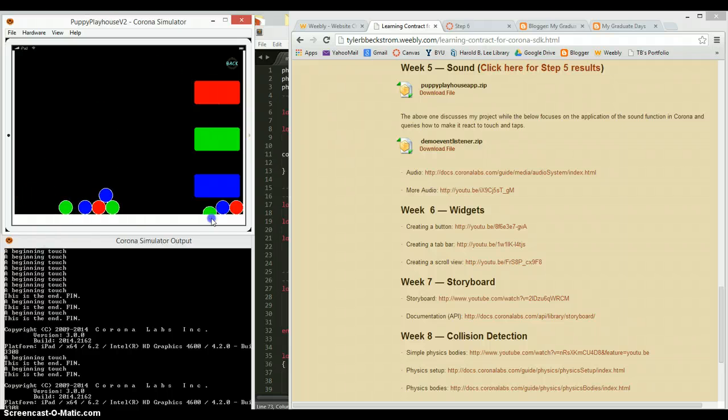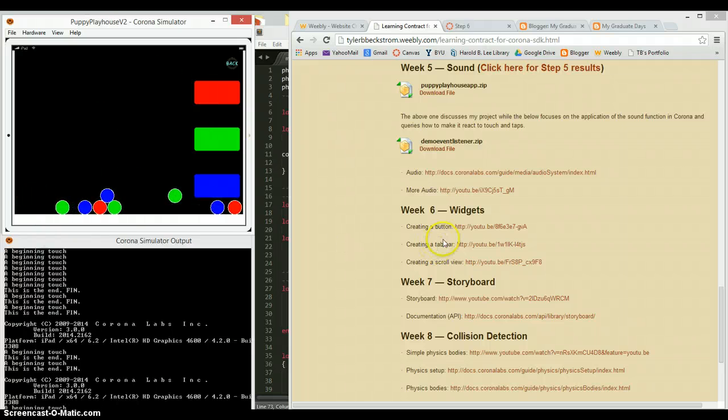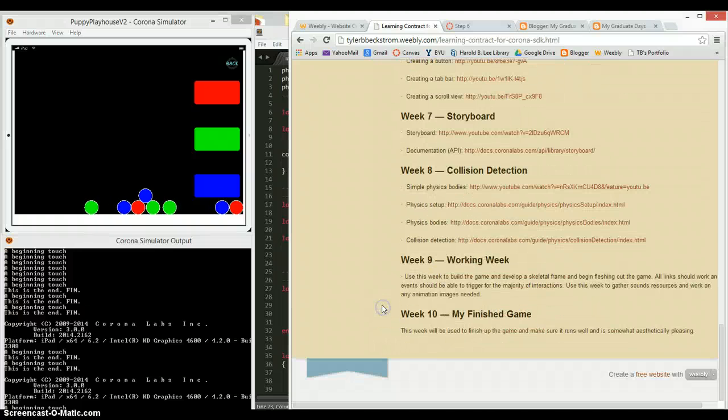of the container. And so that's what I want to do, is add collision detection, which will be necessary. I'm not sure what storyboard is right now. I haven't looked at it. But if collision detection you think is okay, Peter, I'd like to move that one up to week 7 and swap those two. And then after that, I just have my working week and finish up the game